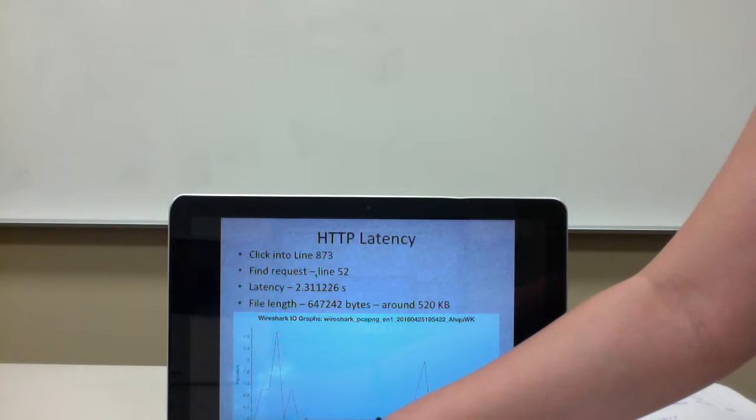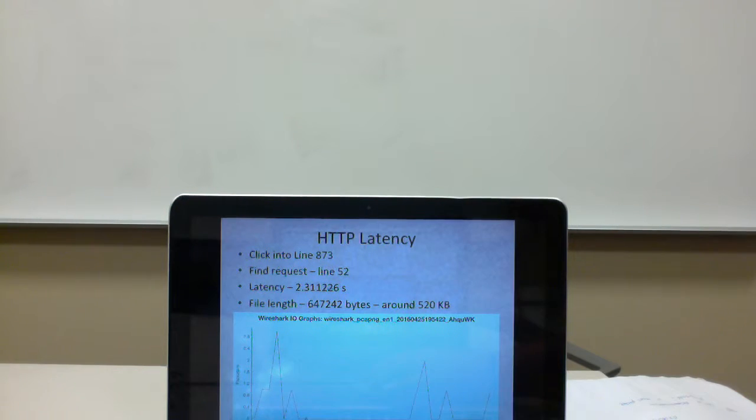There is a request line in the protocol details that we expanded, and it tells you the request is at line 952, and the whole time it took was 2.311226 seconds, and this is an IO graph of the